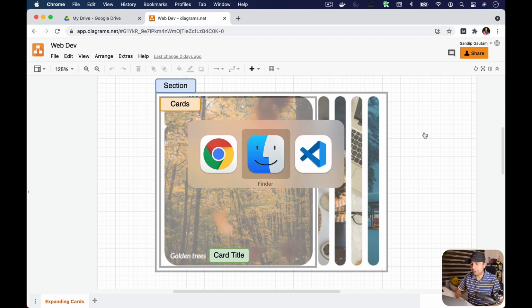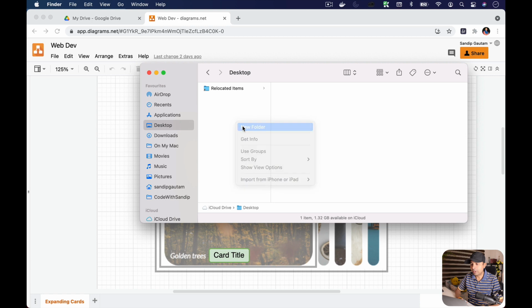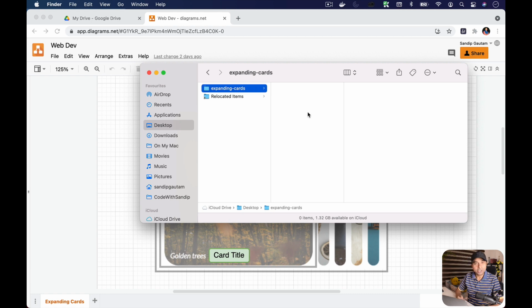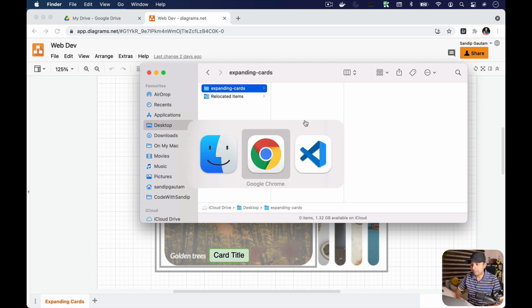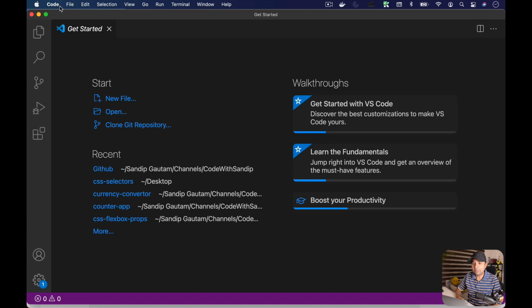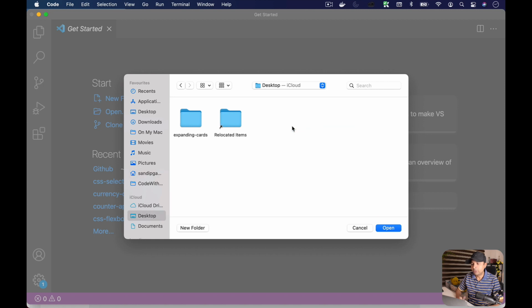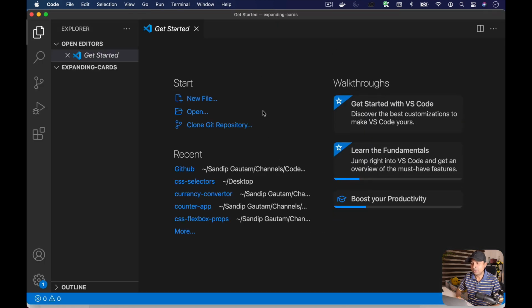So I'm going to create a new project. On my desktop, I'm going to create a new folder, and I'll give it the name expanding cards. And inside that, I'm going to create 3 different files. But before doing that, I'm going to open that folder inside my code editor. So I'm using VS Code here, but feel free to use any of your favorite code editors. So inside expanding cards, I'm going to create 3 different files: